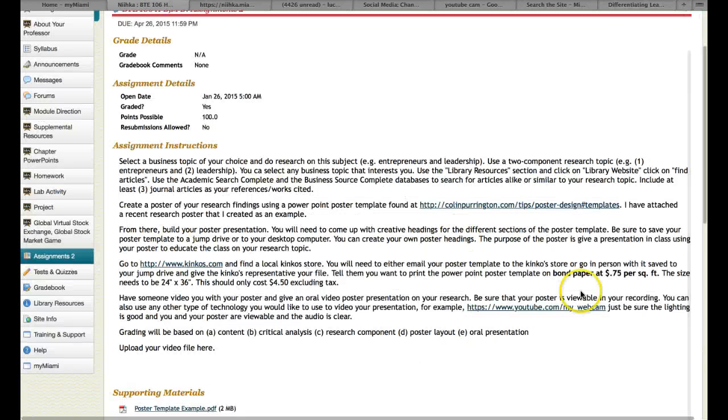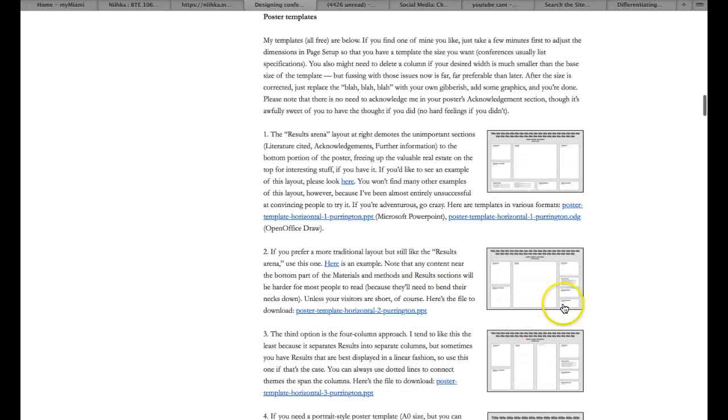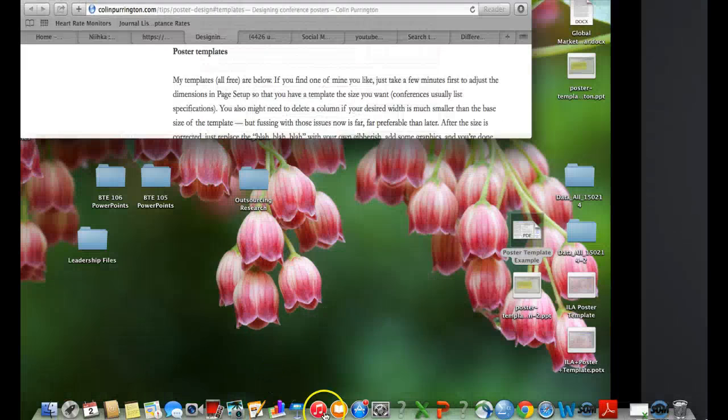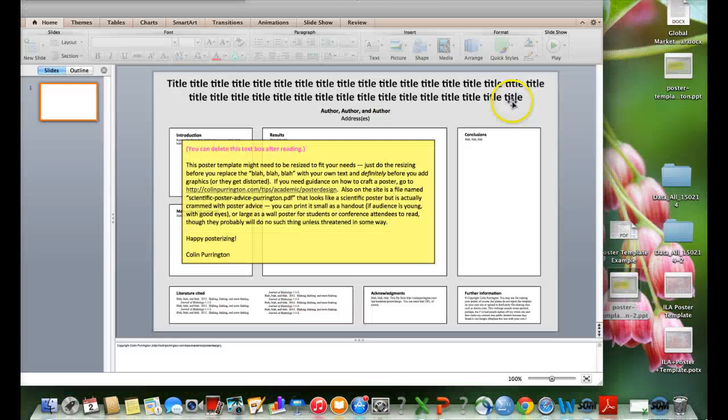So getting back to your instructions, I've given you a link. You're going to click on templates. And this is a template that I want you to use. It comes up with a bunch of them, but I want you to use the first one. But you want to be sure that you are clicking on PowerPoint and not this ODG. I'm not sure what ODG is, but you want to click the PowerPoint template. So you're going to click that, and it actually saved to the desktop. So you want to open it,